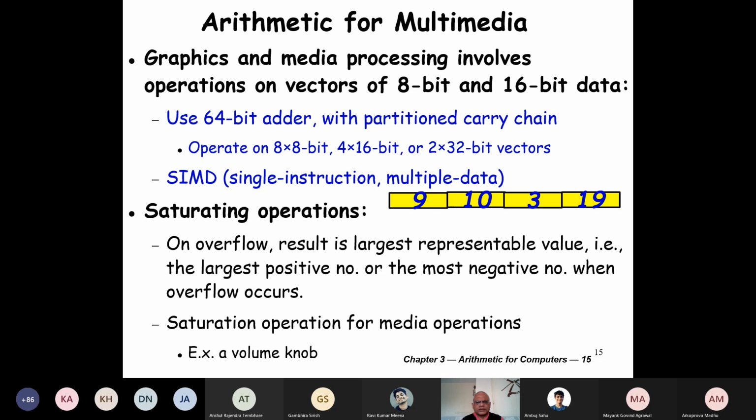Another element is the arithmetic for multimedia. As all of you know, 20, 30 years back, the desktops were not like this. They had very little video. Even graphics was poor and audio was not there.